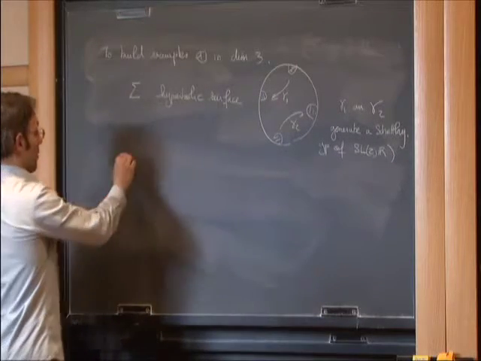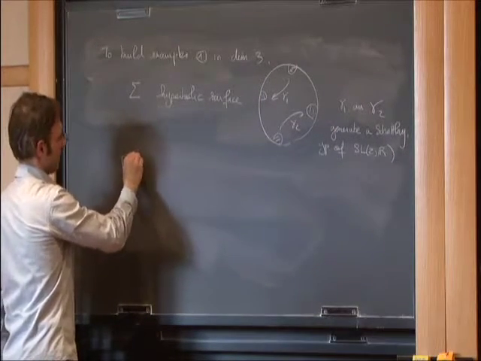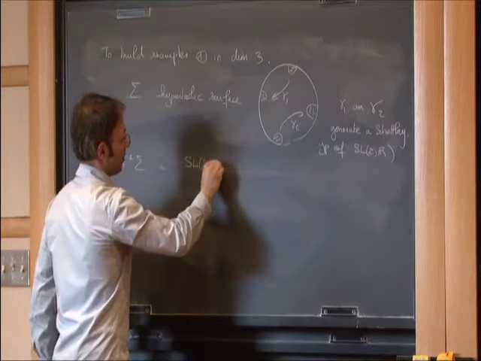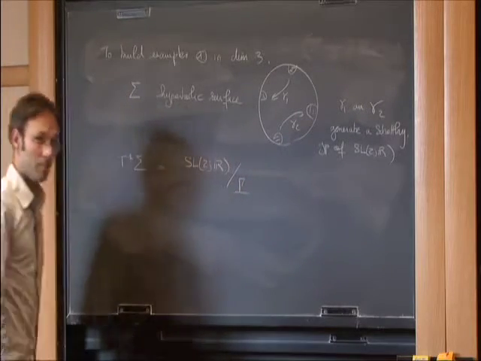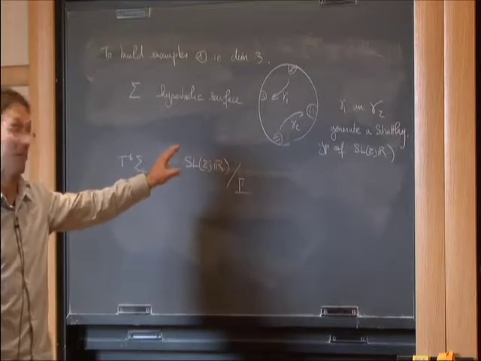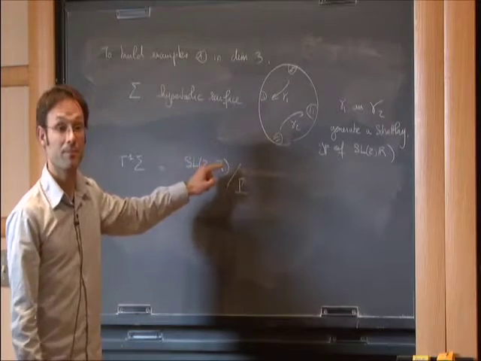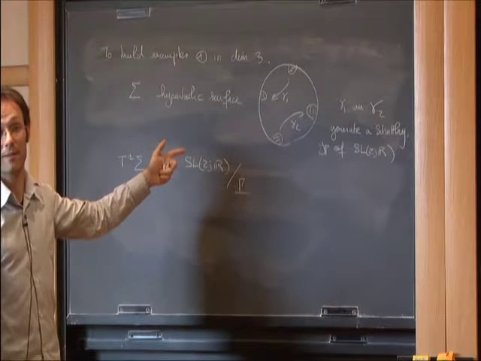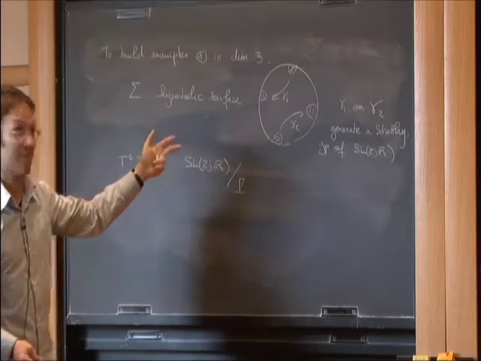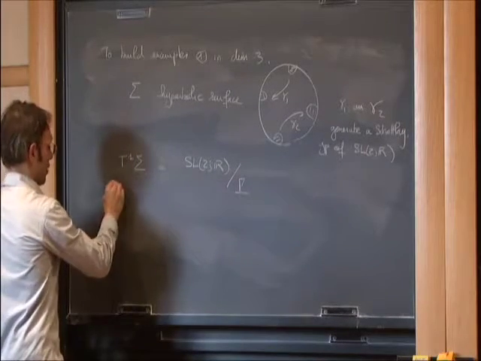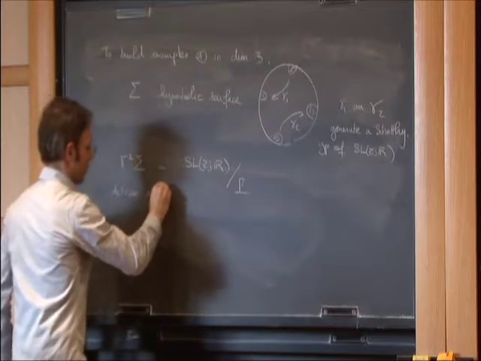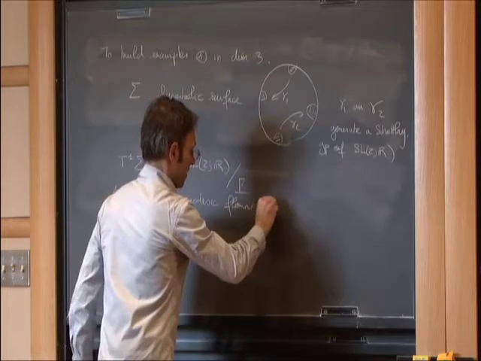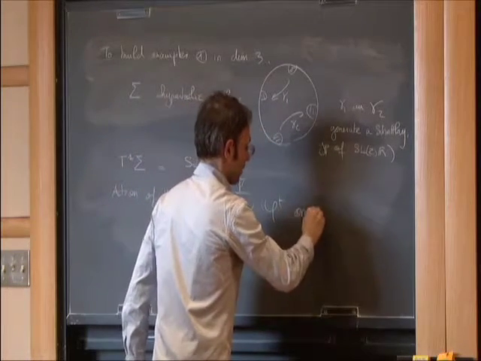I have to work with SL2R. Now, as we said, the unit tangent bundle of sigma is, up to a double cover, SL2R over gamma. It's endowed with a nice Lorentz metric, for which the geodesic flow acts isometrically, as we said. So it acts non-essentially. It preserves a Lorentz metric. So we look at the action of the geodesic flow phi t on this unit tangent bundle.